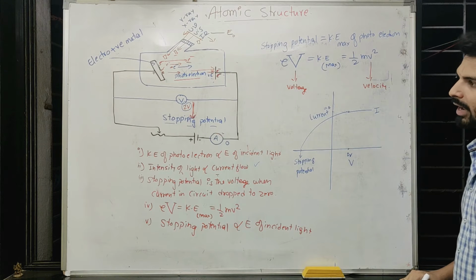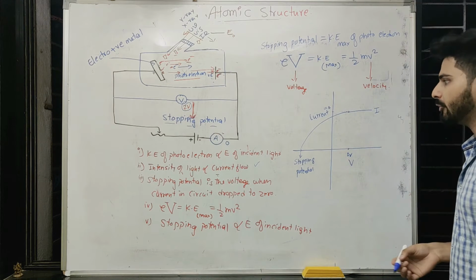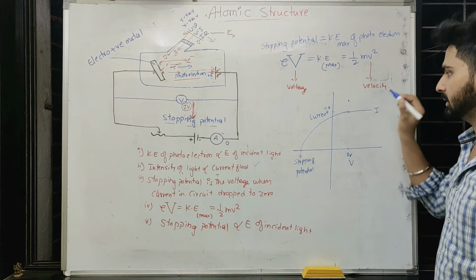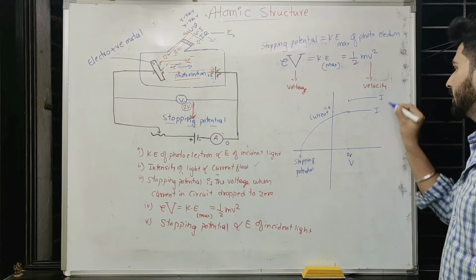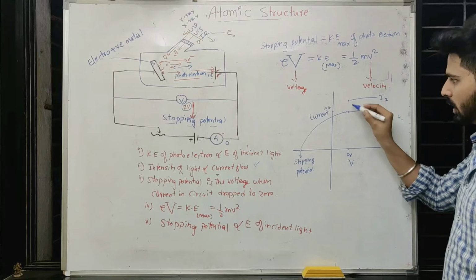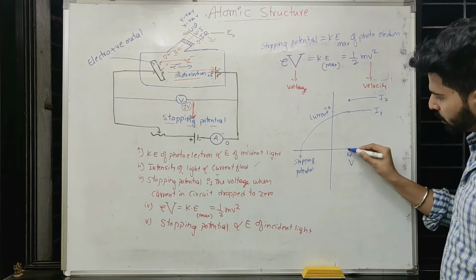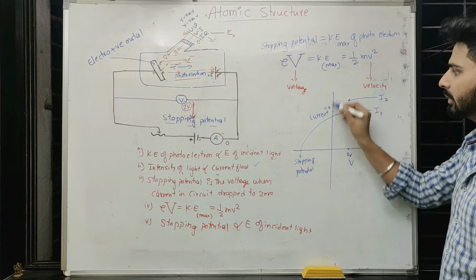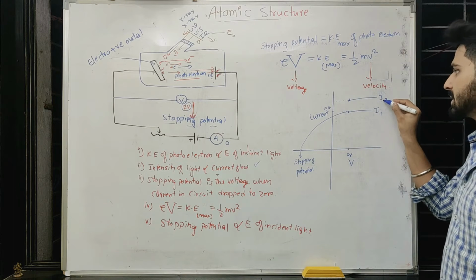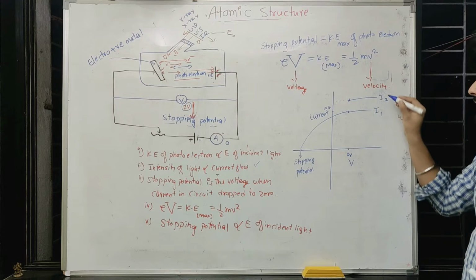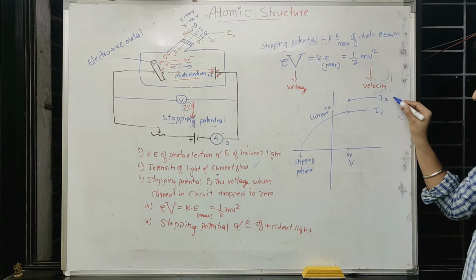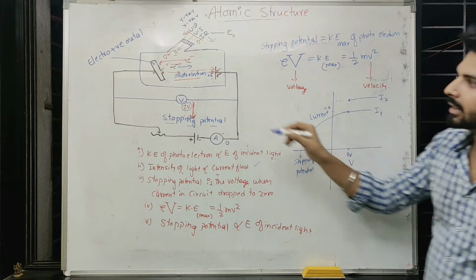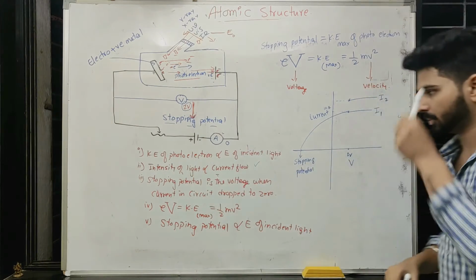Now let us say I am doing one more graph where initially some 2 volt was there, and at that time the current was like this. Definitely I am talking about the current where, let us say, this is I1 and this is I2. So this is the point at 2 volt and this is the point at 2 volt, which indicates that the corresponding current is different, that means this is higher current and this is lower current. Definitely here what is changing is the intensity. At the same voltage, two different currents showing means that the intensity of the light has changed.